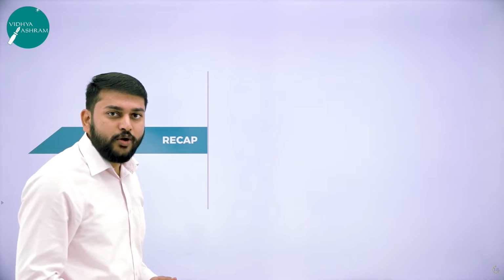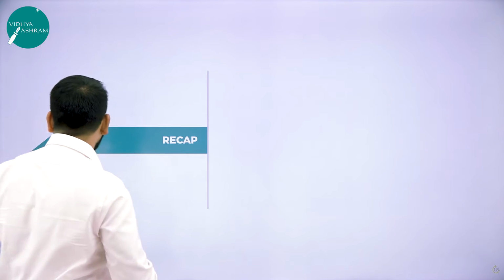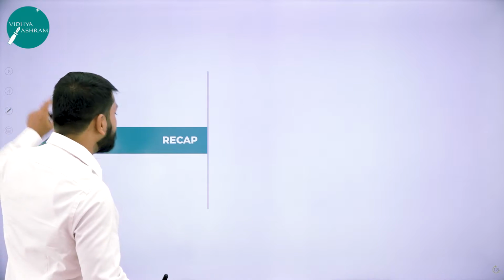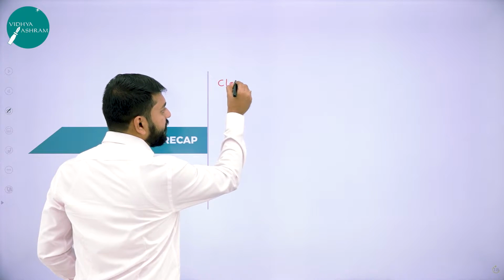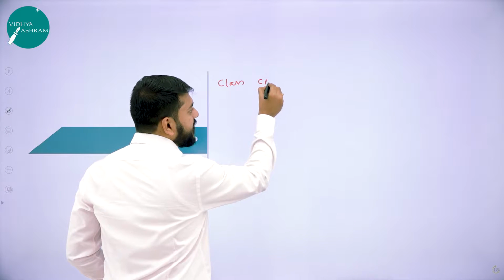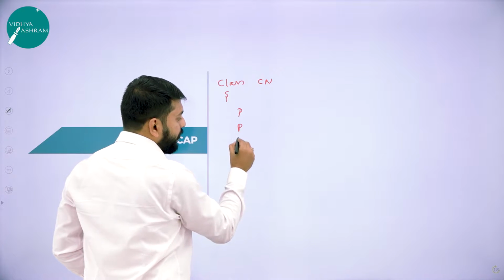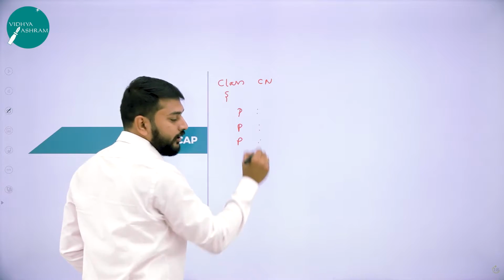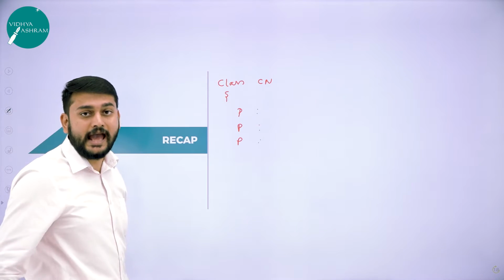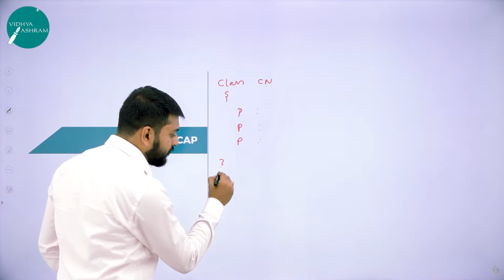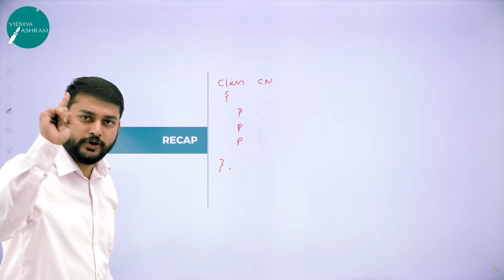So let's understand what we did in the first session. My dear students, in the first session, we discussed how to declare a class and how to define a class. All of you know that we have to start with a keyword called class, followed by class name, and then you will have a flower bracket. Here you will have public, private, protected, 3 P's. Remember, 3 P's you have: public, private, protected. I will call this an access specifier, and then I will end my class with a closing flower bracket with the semicolon. This is what you need to remember with respect to the first session.